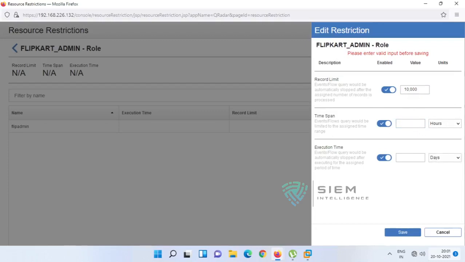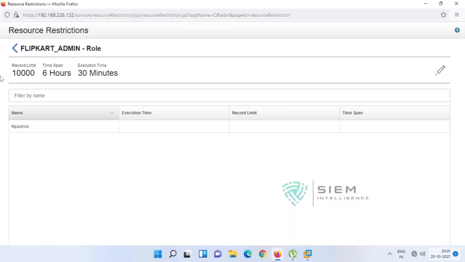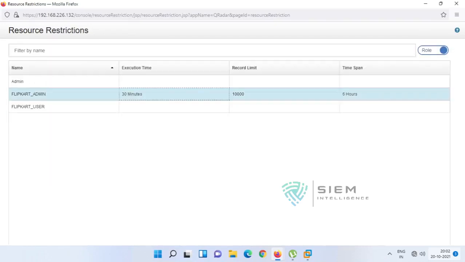The time range is also something you can set in hours. You can set only 6 hours, and he can only process that range. Execution time, he can do a maximum of some 30 minutes. So if I set this, the record limit is whatever he does, execution time is 30 minutes, he can see a maximum of 10,000 records, and a maximum time span of 6 hours.